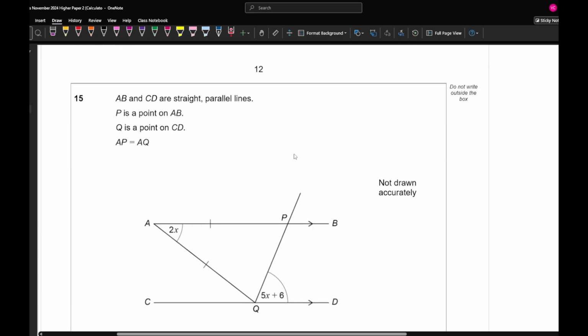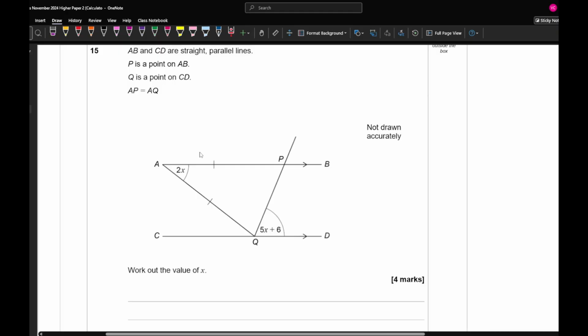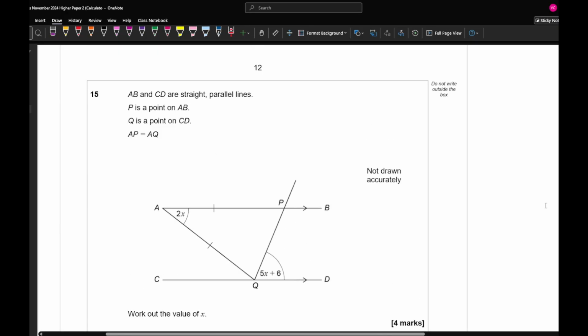Moving on to question 15, it says AB and CD are straight lines and parallel lines. Point P is on AB and Q is a point on CD, where AP is equal to AQ. And the question is asking us to find the value of x. So for this, what we need to establish is that I can see I've got an isosceles triangle, and